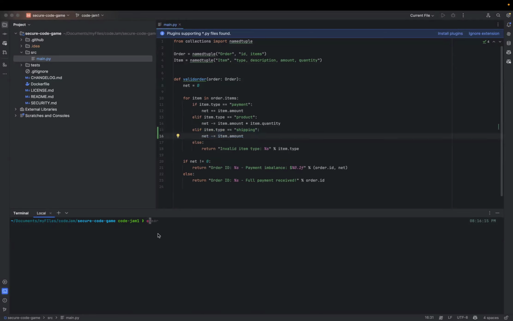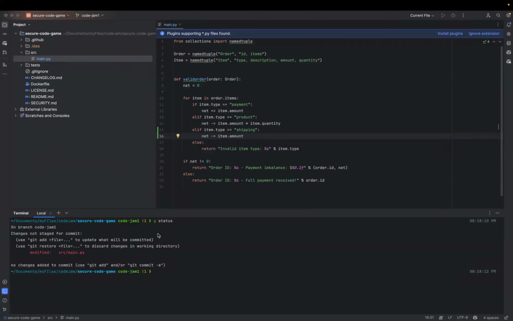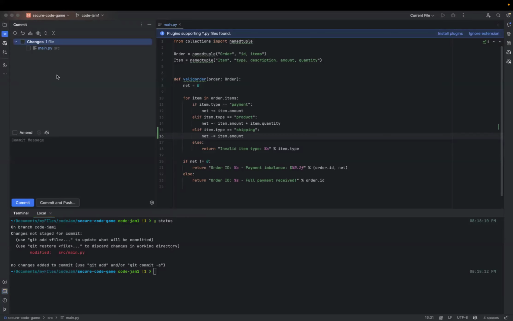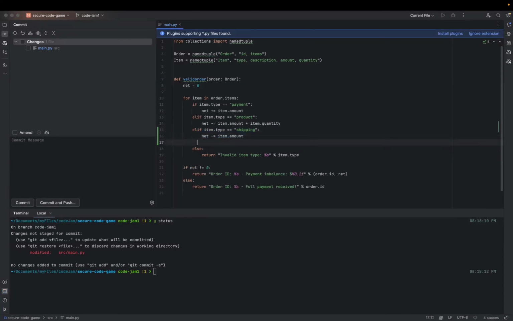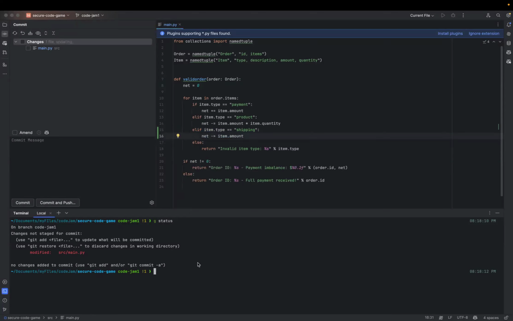So basically now we have changes. Let's hit git status and see what has been changed here. You can see I have modified the source main file. So let's say we have integrated the shipping functionality here.